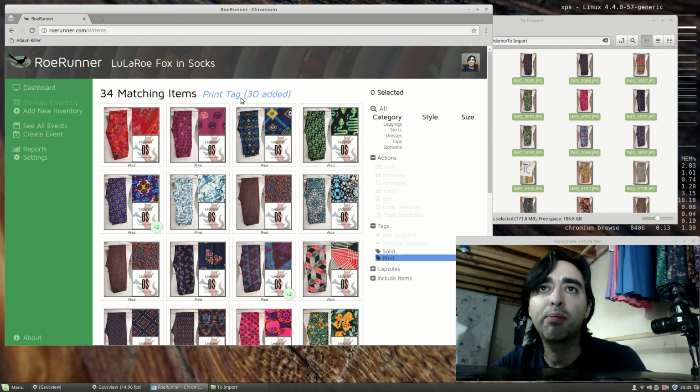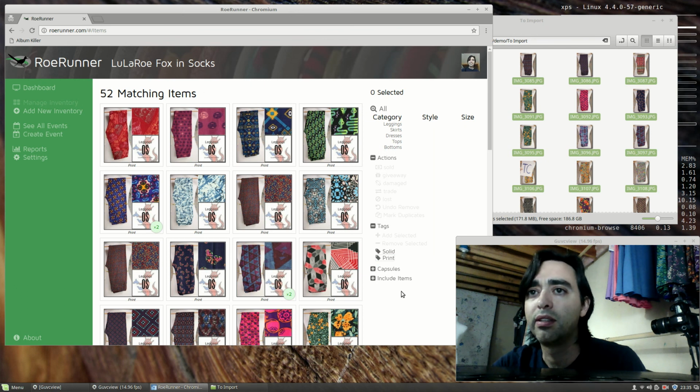So I'm still looking at the print tag. Now I have 30 items added to the print tag, and exit out of the print tag. Now I'm looking at all my items again,